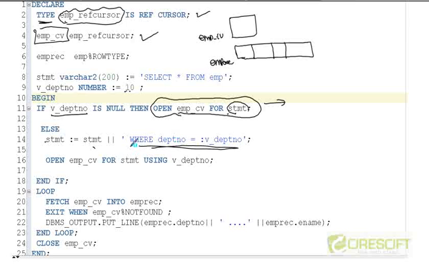All right. So basically v_department_number is 10. So therefore my statement now becomes select star from EMP where department number is equal to 10. All right. Then I'm associating EMP_CV, this cursor, with the statement using v_department_number. That means I'm going to use the value of v_department_number, 10, here. Okay. So what I'm doing here by line number 16, I'm basically attaching a query to this cursor, which is